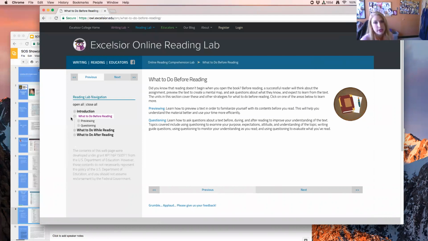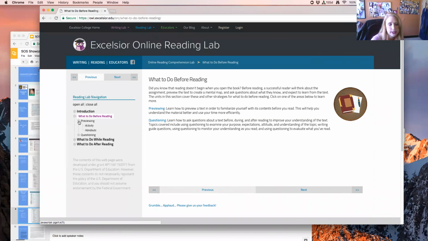The very first week, students were assigned an essay to read in my freshman composition class, and the hour afterwards with my other students, they hadn't even read it yet. I had just handed out the essay to take home and read. These students met with me, and we talked about how to preview the text. So if you click on the plus next to previewing, and then on the activity,